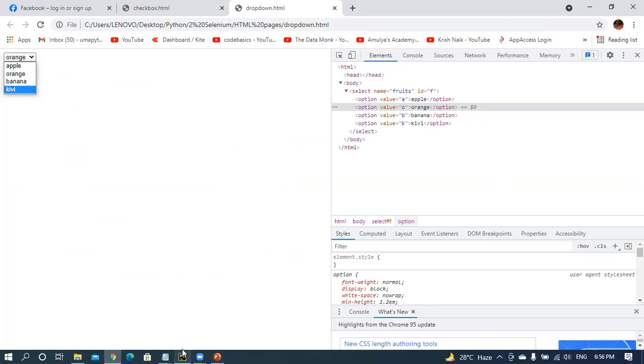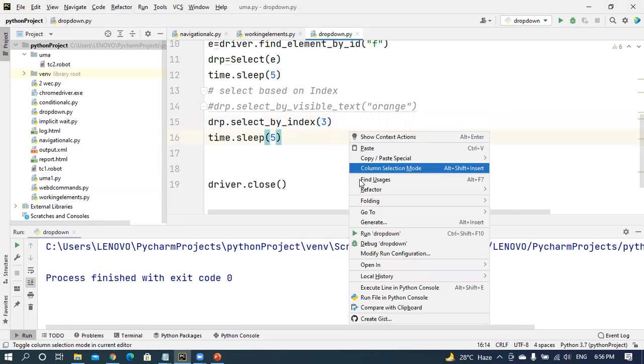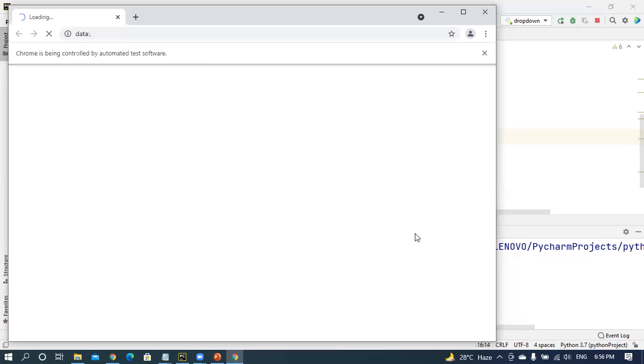If you give the third index, you will get the third index value. For example, if you give 3, you will get kiwi. You will select kiwi as the output. Execute this one. Initially this value, after that kiwi, and then it comes out from the loop.